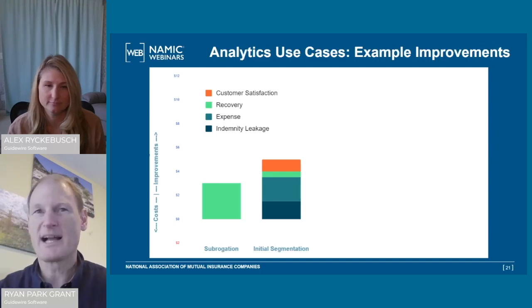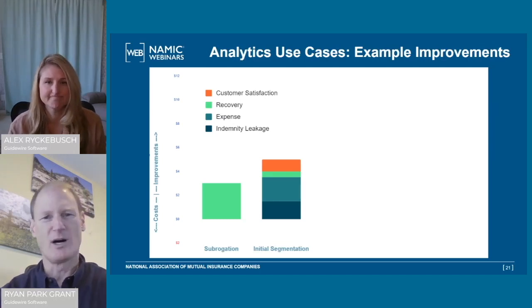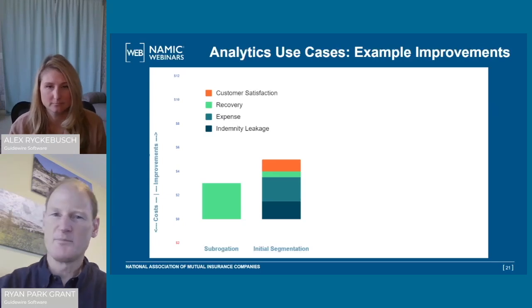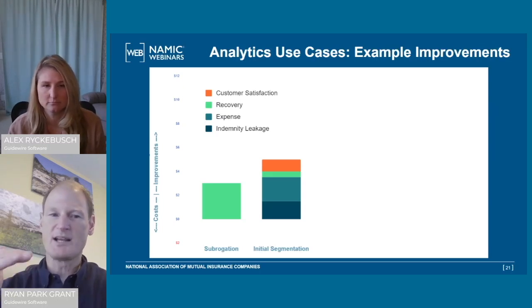But to come back to segmentation, it may need more than one model, because you could be modeling cycle time, complexity, severity, likelihood of total loss, likelihood of severe injury. Again, it'll depend on the exact line of business as well. So it's a little harder to coordinate, but pretty much everybody knows you're going to get some benefit in each of these four areas, and therefore it's worth doing.